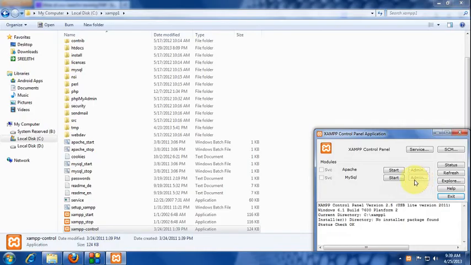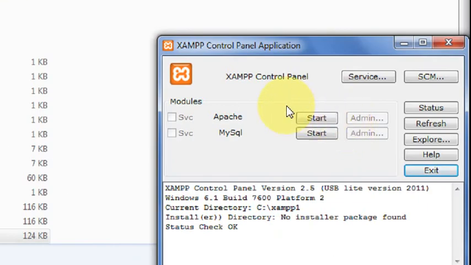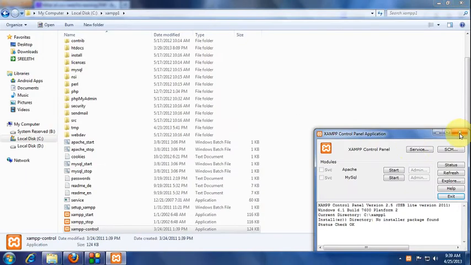A dialog box will open. Here you can see Apache and MySQL. We click on these start buttons, and we have to wait for some seconds till it starts. After it has started, it means that MySQL and Apache are running. I will not start it over here. I will use WAMP. So this is how you start Apache in XAMPP.